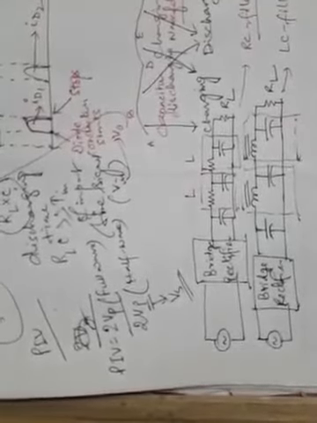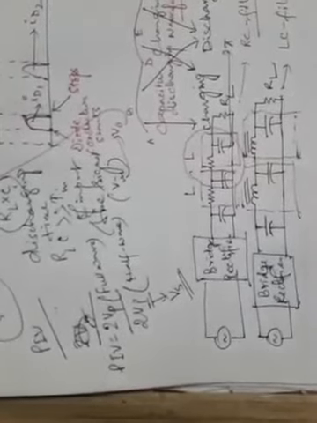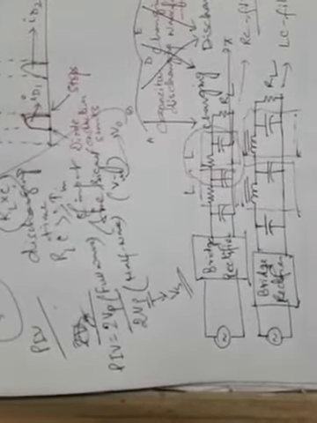Alternately, we can say that this one is a pi section filter comprised of two shunt capacitors in parallel and one series inductor. So this is a pi section RC filter,